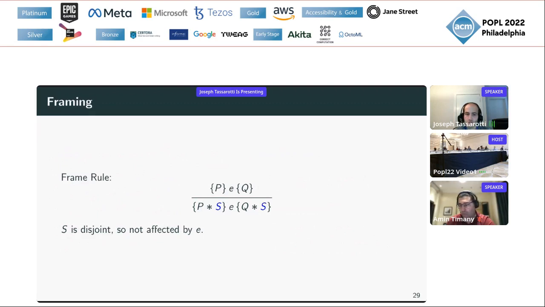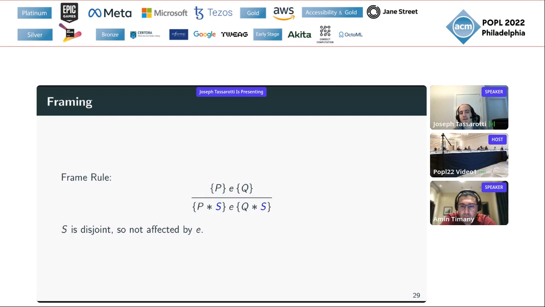So the famous frame rule says that if you prove a triple about some expression E, where you only need the resources described by P in the precondition, and you conclude with some postcondition Q, then you can derive automatically a triple in which you augment both the pre and post condition with separating conjunction of S. The underlying intuition is that, by the very fact that we have the separating conjunction here, S is disjoint from the resources P that E accesses for its execution.